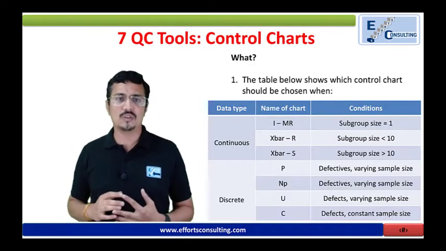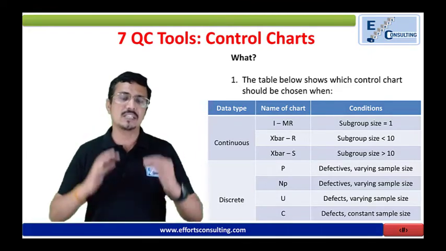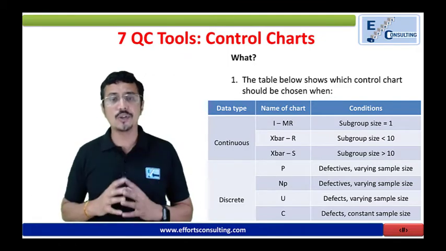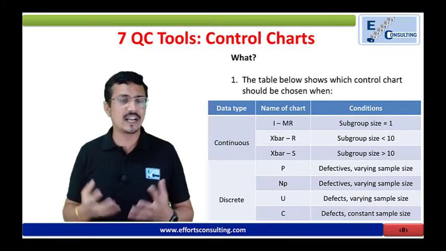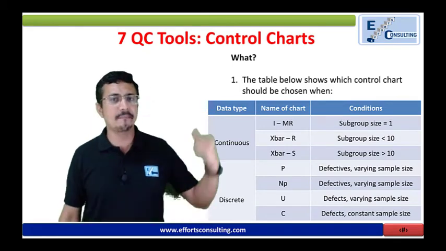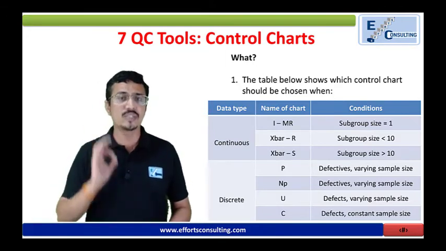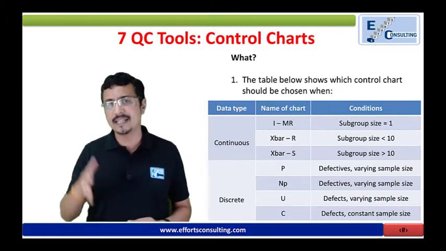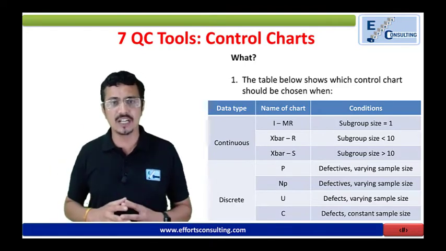The table shows what kind of control chart I should use and why. You have two kinds of data set, continuous data and discrete data, that is the attribute data. For continuous or variable data, we have three charts, which are widely used in the industry. IMR chart, when you have one single sample as shown in the table, or one subgroup only, you can use the IMR chart. While for less than 10 subgroup size, or for that matter less than 8 also, you can use the X bar R chart.